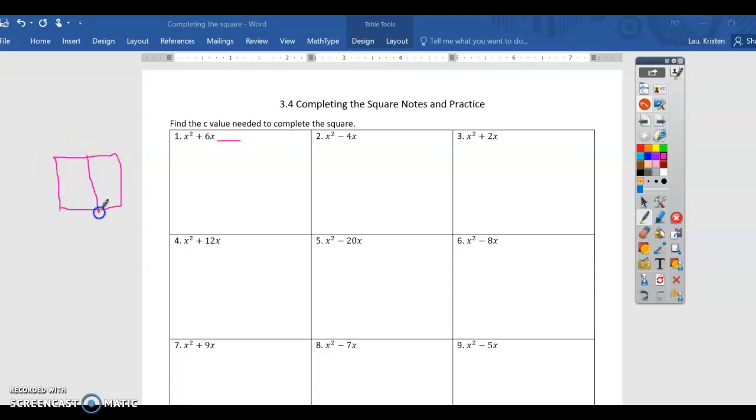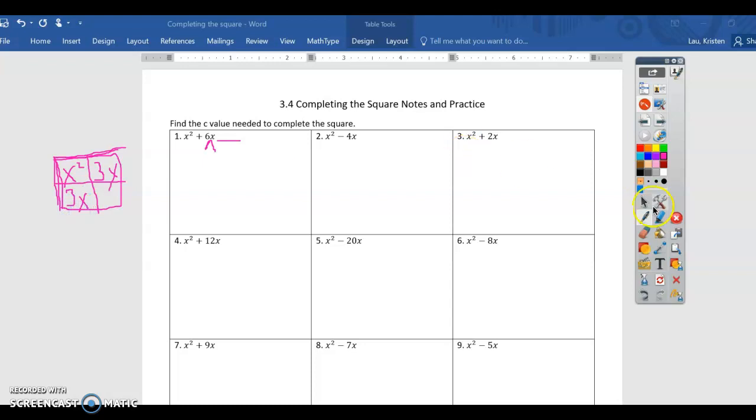Okay? So when we complete the square, we're going to think about the area of a square. And hopefully you know that the length and the width of my square have to be the exact same. So we want this side length and this side length to be the same. So in the top box, which is our first term, is x squared. Okay? And normally we have to split this up so that it meets a certain requirement. So in this case, we want to split this up evenly. So this is 6x, so half of 6x is 3x